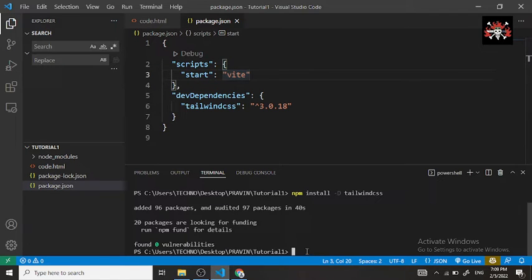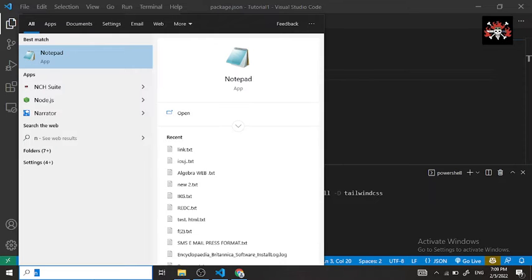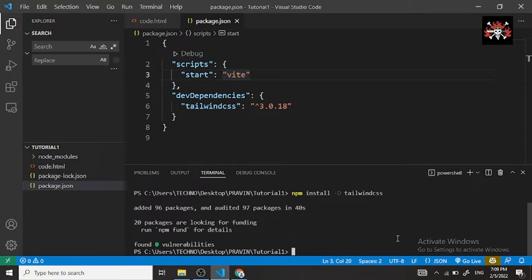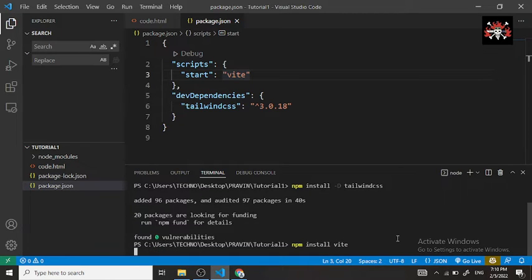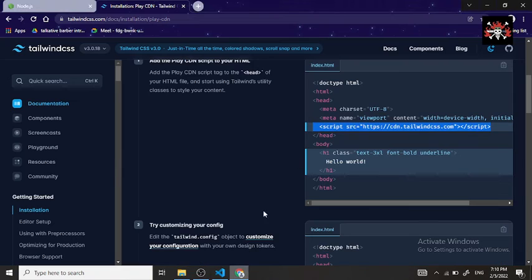And here I should give npm install vite. It will get installed in just 10 or 20 seconds based on your computer speed,